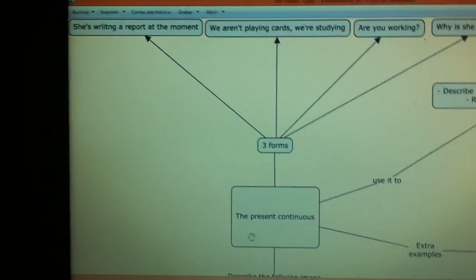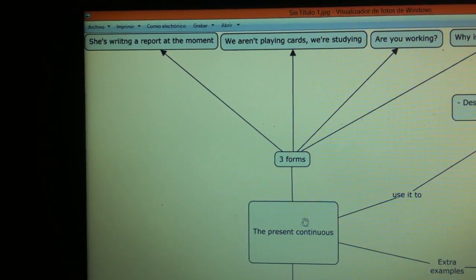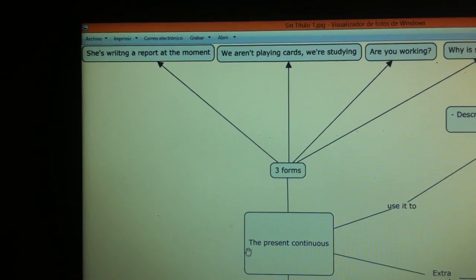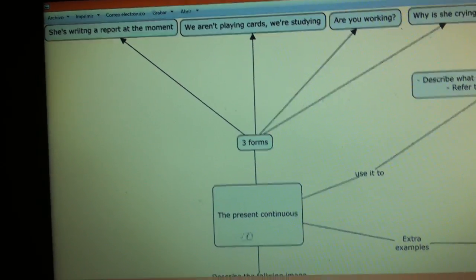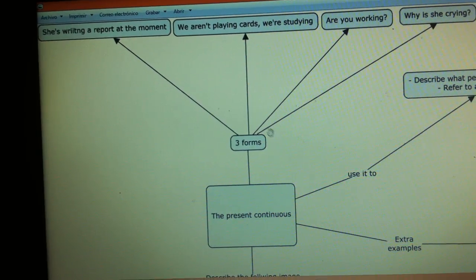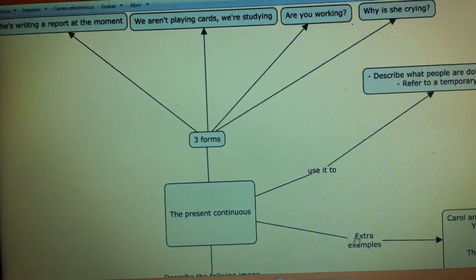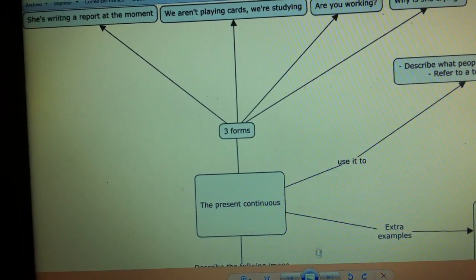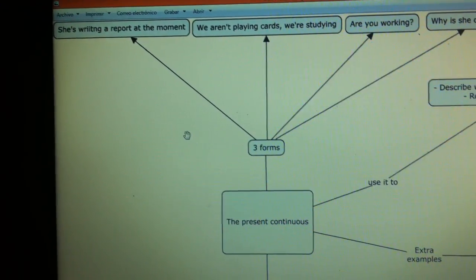The following tense, which is the present continuous. The present continuous is one of those basic tenses that we use in English to refer to different things. We're going to look in this presentation at the following. We're going to look at the three forms. Then we're going to look at the uses it has. I'm going to give you extra examples, and also we have a last exercise in which you have to describe